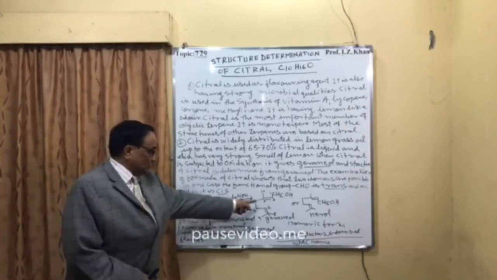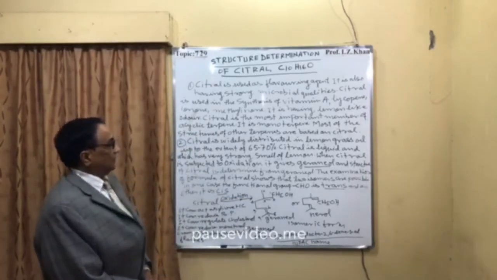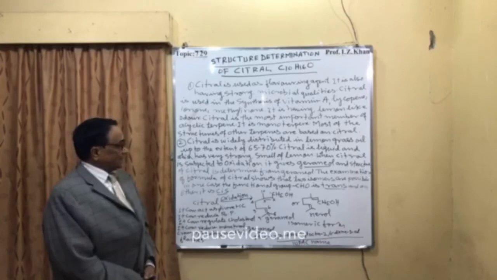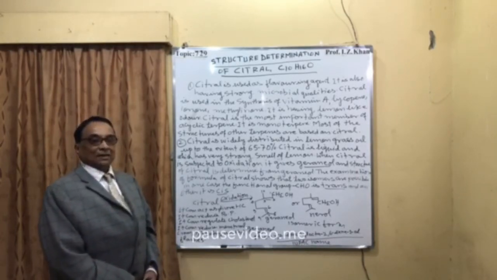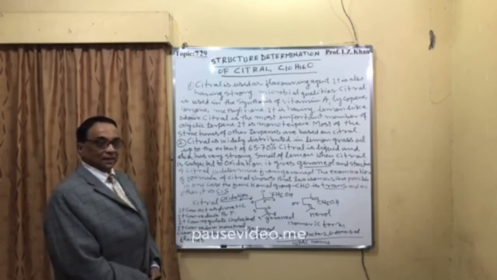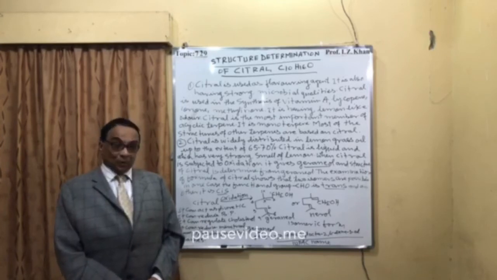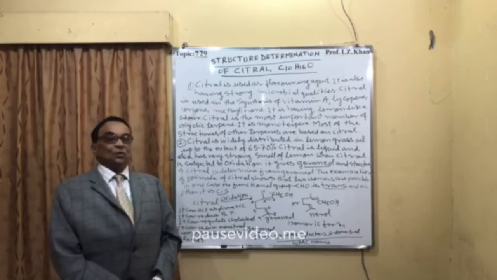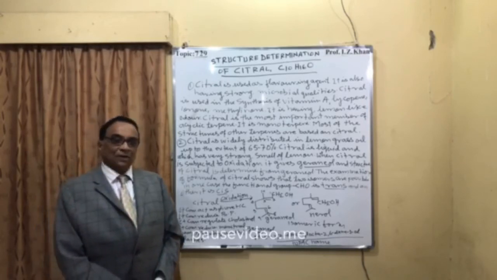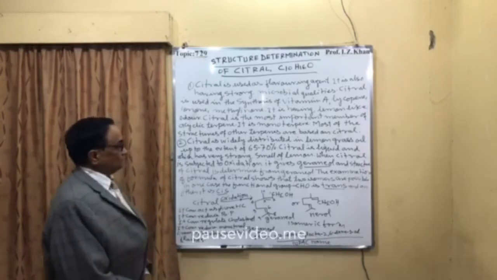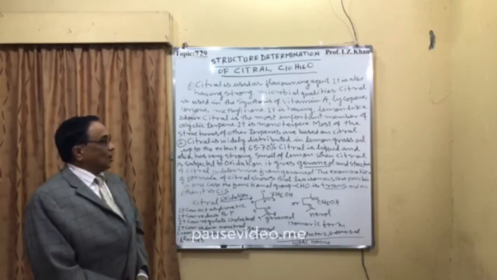And once it is reduced, we will get the citral. That explanation I have already given. So up to an extent of 65 to 75%, about 70%, citral is present in lemongrass oil. And nowadays lemongrass oil is very costly and very important, because it is widely used as a flavoring agent in most of the food and beverage industries. Citral is a liquid which has a very strong smell of lemon.